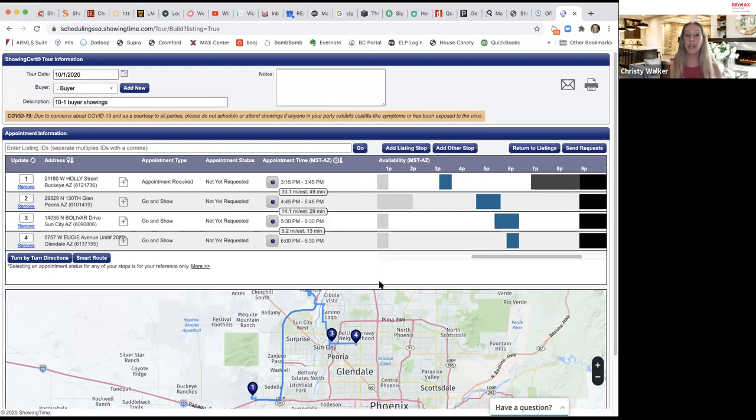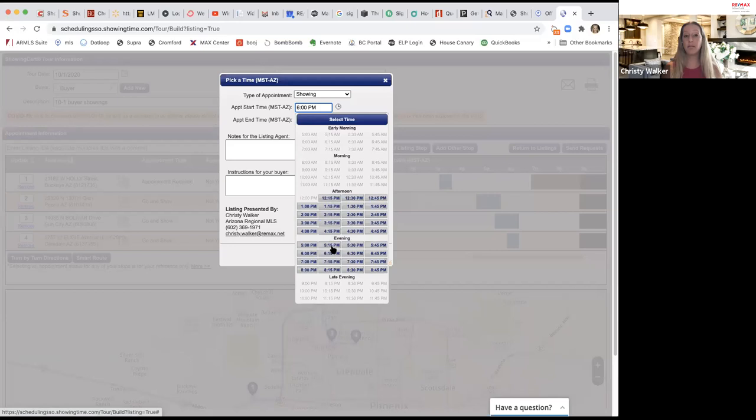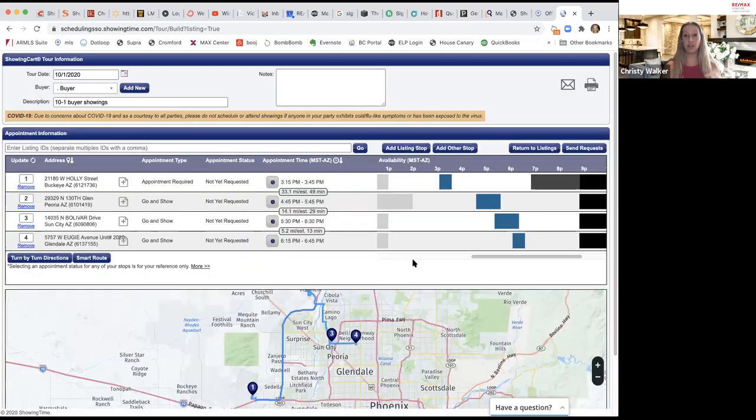Okay? Now we have the ability to see from our timeline that we're probably in about the right time. This one, I might push back just a little bit. It's always better to give yourself enough time. And even if you have to sit in front of the house for 5 minutes because you gave yourself a little bit more time, it's better than getting there early and not being able to show the house,